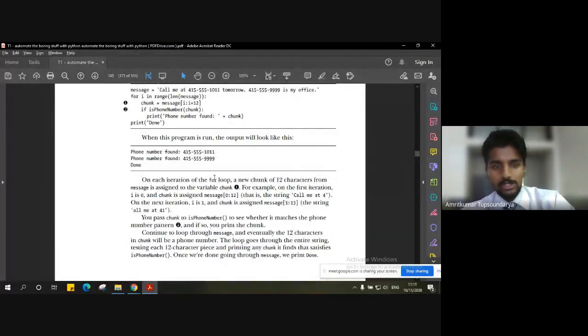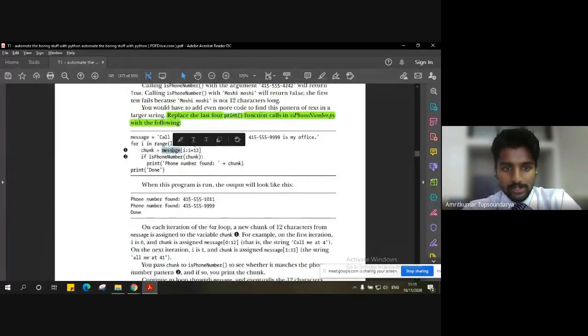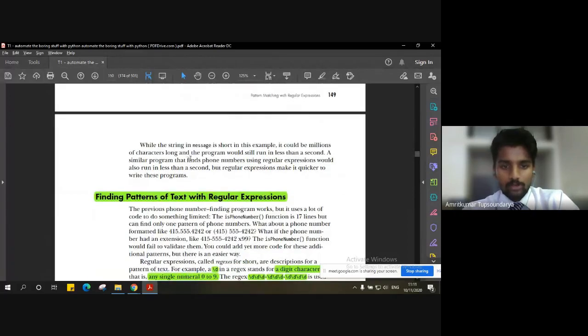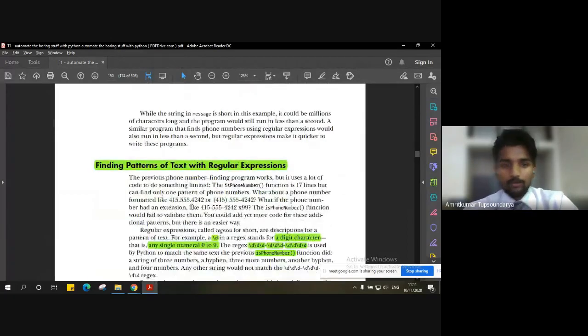How can these messages be dealt with? Today's lecture will focus on how we can perform this pattern matching with regular expressions. Now this is very important. The previous example was just to make you aware of how the absence of regular expressions would affect us. But when we make use of regular expressions, how would it help us, and in what way will it make the task much easier?